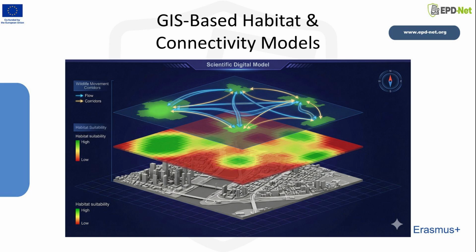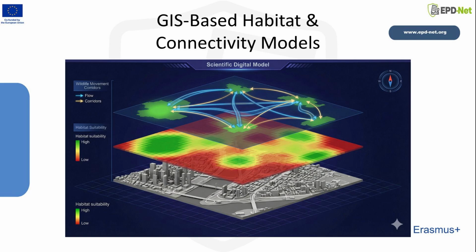Model development relies on statistical approaches, such as generalized linear models, GLMs, to describe relationships between species presence and environmental conditions. Model selection methods like the Akaike Information Criterion, AIC, help identify the most parsimonious model, one that explains patterns using the fewest variables. This helps avoid overfitting, ensuring the model remains reliable for predicting future habitat suitability and supporting